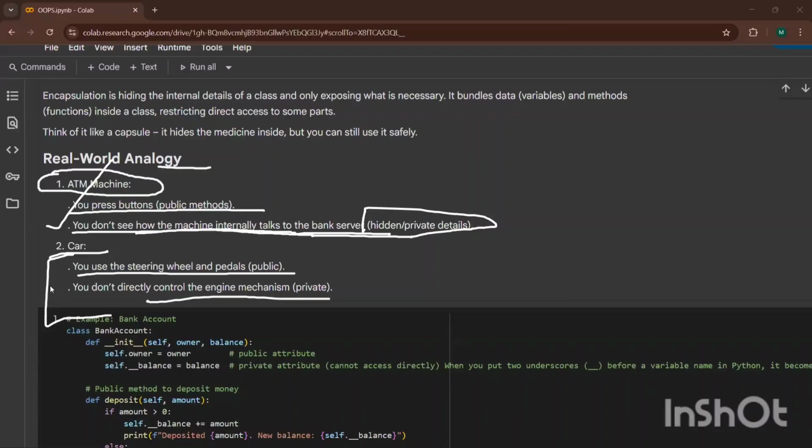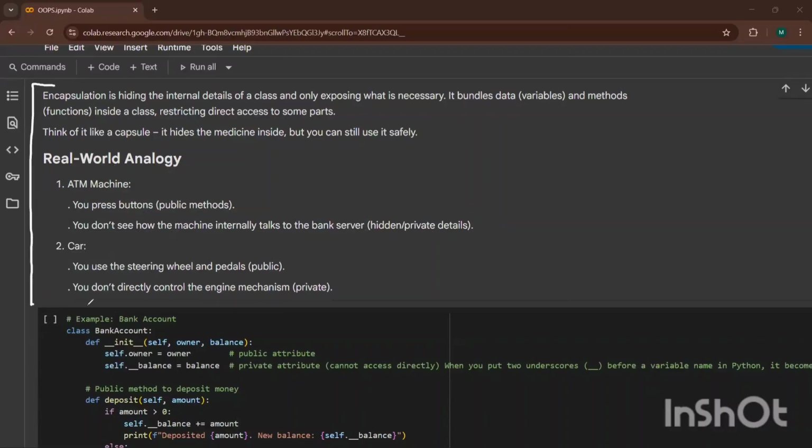Now tell me, guys, any doubts in the definition, any doubts in the theoretical part of encapsulation? Anyone? Yes, you're correct, Saswit. Others also let me know.